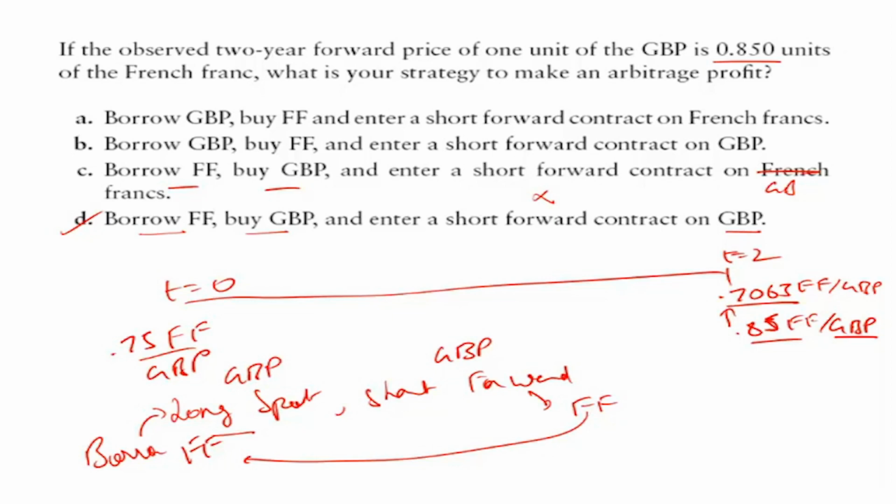So that is how you can exploit the arbitrage in all previous examples also. In all examples that we studied, when we derive the forward price, if the actual observed forward price is not the same, then we can exploit the arbitrage, as we will study with more examples in the coming slides.